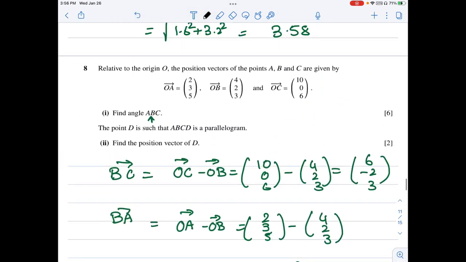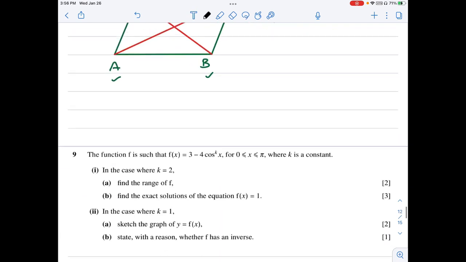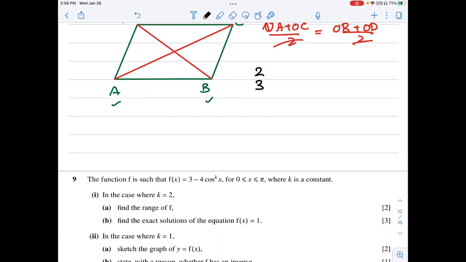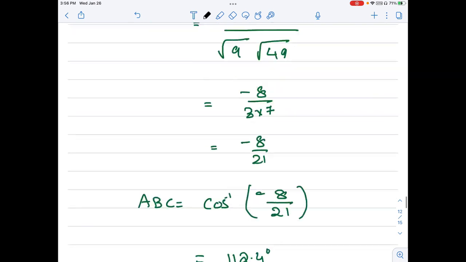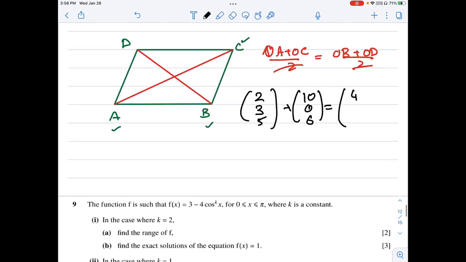OA is (2, 3, 5), OC is (10, 0, 6). (2, 3, 5) plus (10, 0, 6) should be equal to OB, (4, 2, 3), plus XYZ. So XYZ will be equal to